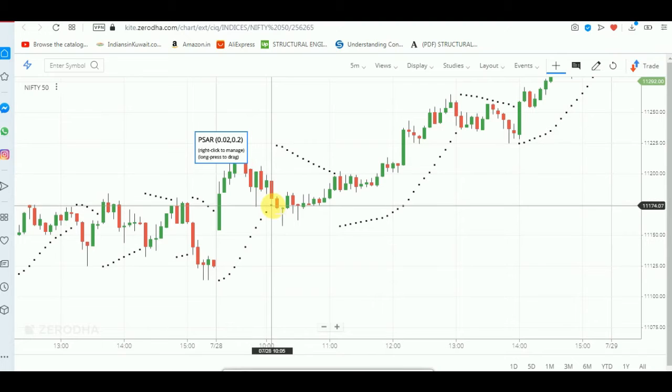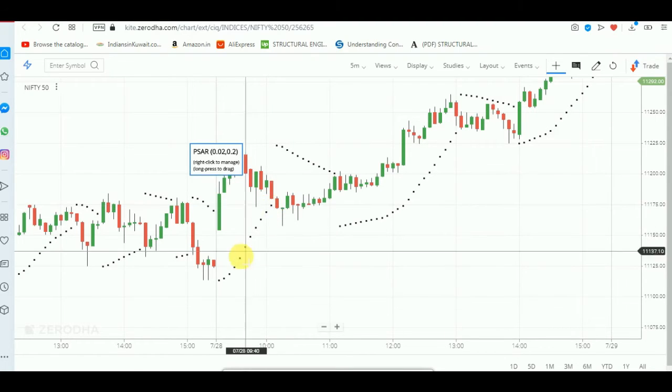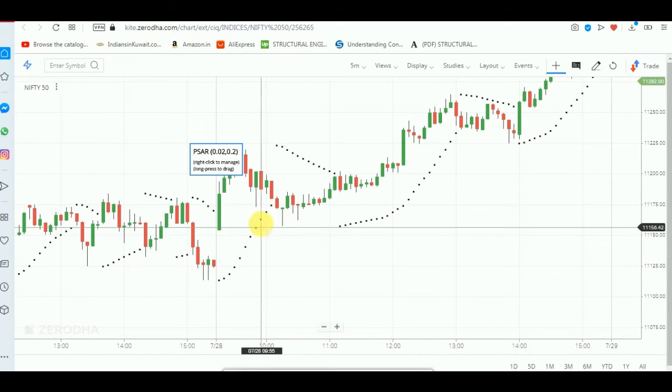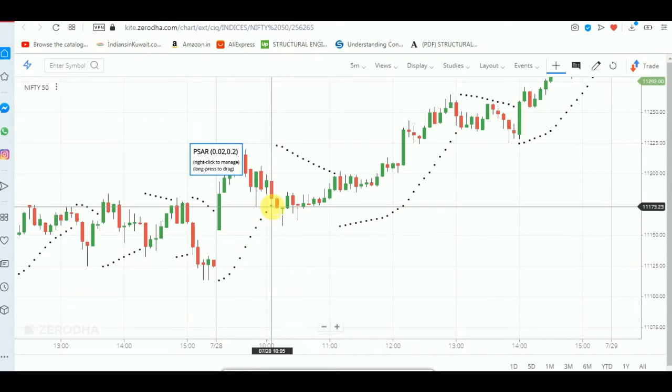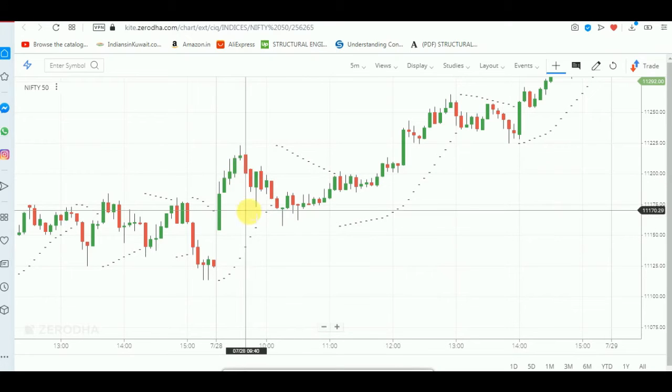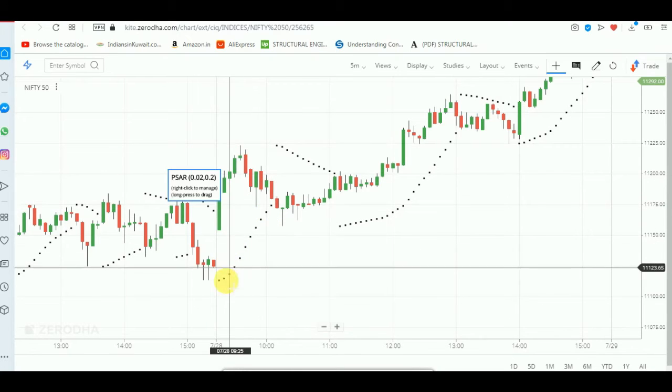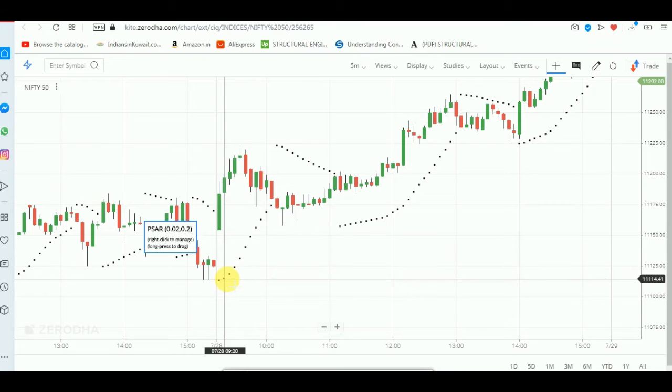It will have a small reversal and it will hit the stop loss here, if you would have moved the stop loss order based on these dots. Which means that the loss will be very less. Here it is showing 11,173 rupees only. So it is very less, right, compared to this initial stop loss.